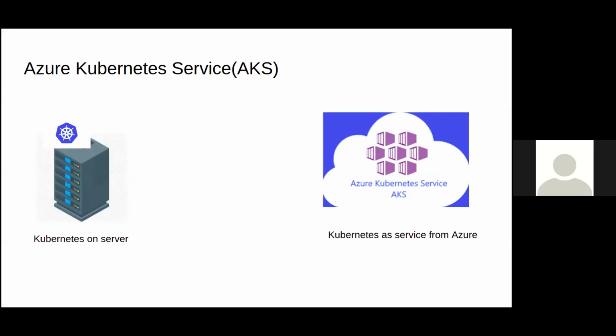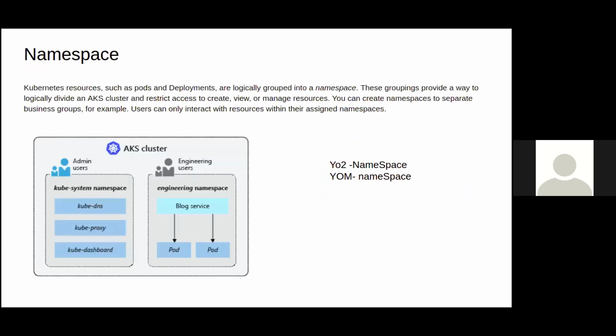So we are going for Azure Kubernetes service, that is AKS, that is a cloud one, and the open source Kubernetes we are not using, we are using Azure's Kubernetes service. This is also I have mentioned last time. The namespace. So as we know, the namespace is created. Inside the namespace, we can create the deployment and the ports. So the cluster is divided into different namespaces. Inside the namespace, we have our application. That's how you can see that.